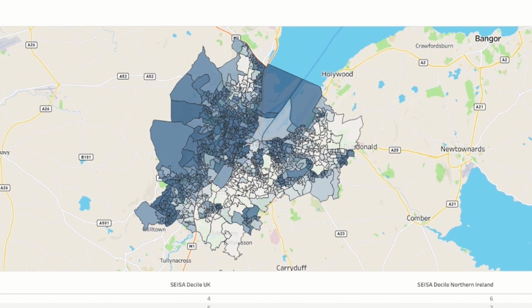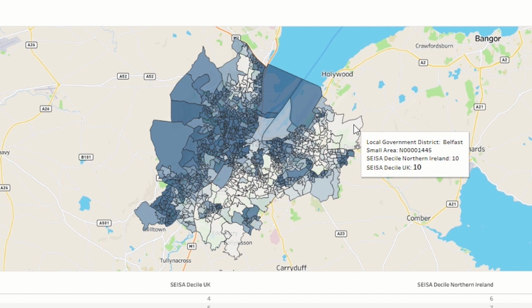To ensure that our maps are accessible, we have used a single blue colour throughout our designs. There may be instances where it is more difficult to differentiate between small areas using the colour scheme, for example, when a filter is applied. In this scenario, we recommend utilising the tooltip to assist with determining which decile an area falls into.